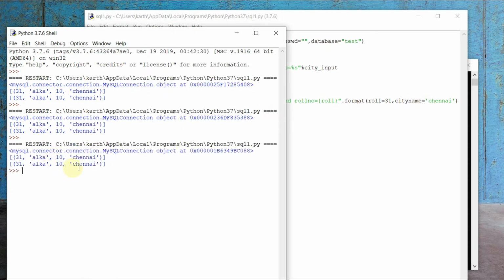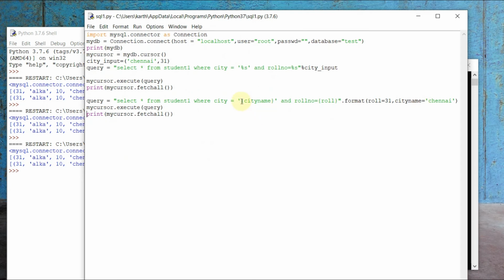It is going to execute correctly even if I'm changing the values, because I'm having a name and initializing. When I'm having the name and initializing, I can give in any order. So these are the different types of formatting options which are available. And if you are getting some input from the user, the same way you can have it in a variable by getting the input from the user, and that variable can be put in this place or in these positions.